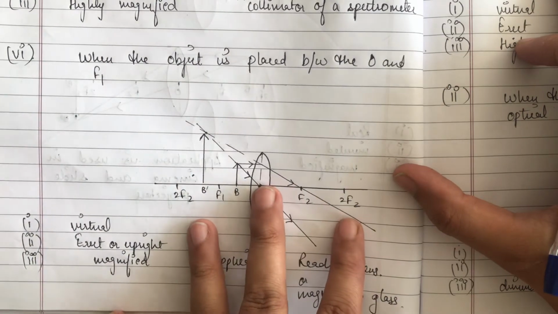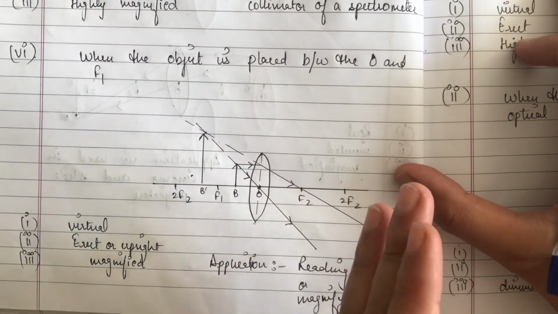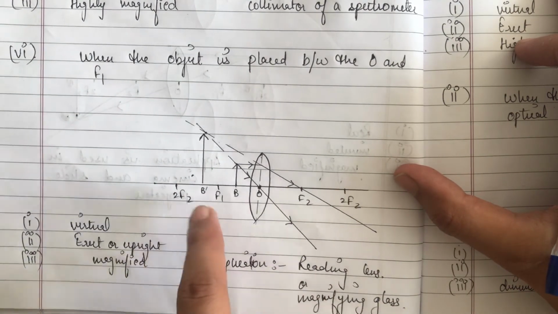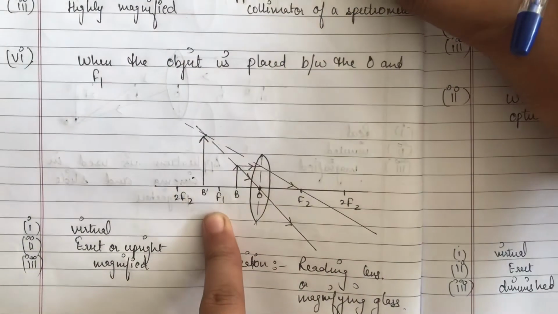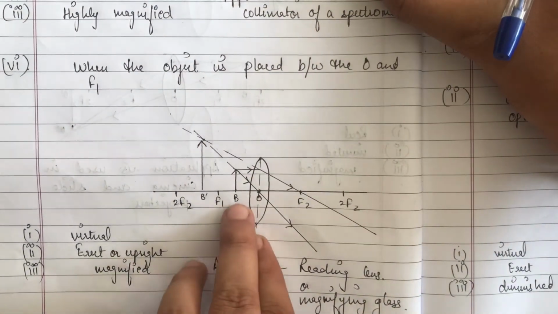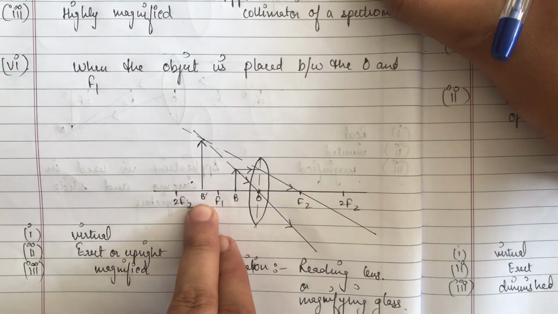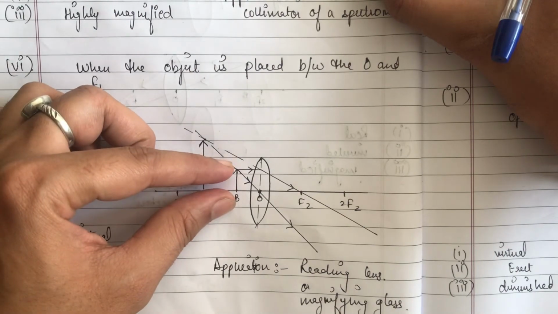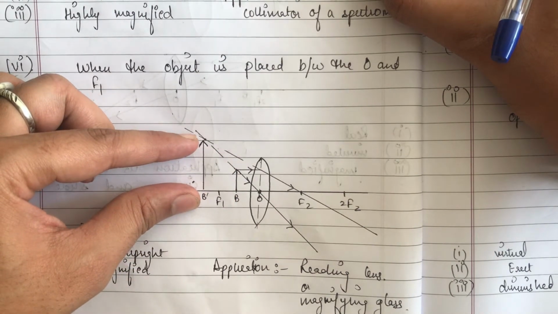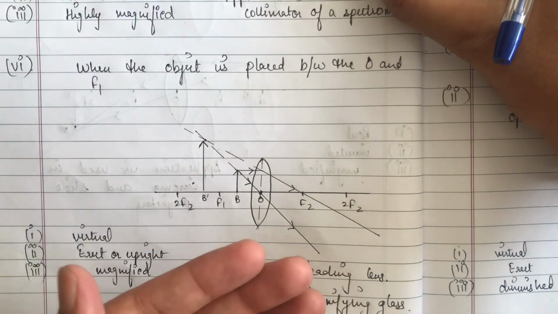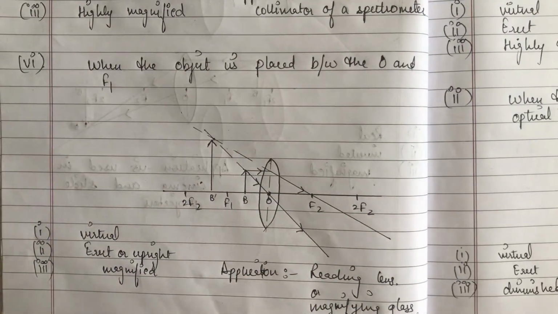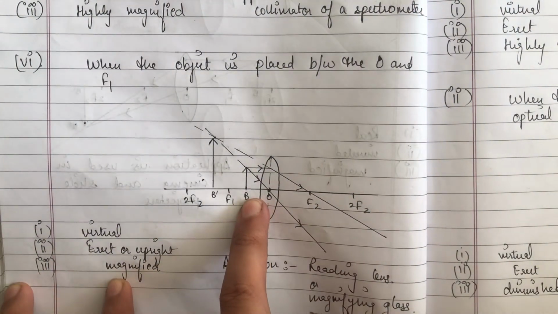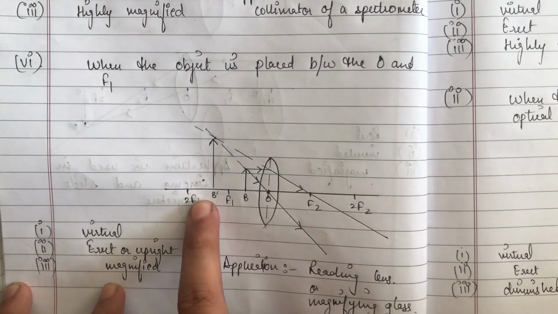All the cases till now we have done, the image is formed in front of the mirror, that is the image is real. Only in this case the image formed is virtual, so it makes this case very important. And you can see that if it is virtual, it has to be erect or upright, means it is same. You can see the object is erect and the image formed is also erect, it's not inverted. Only in the real case it gets inverted. If the image is real, it has to be inverted. If the image is virtual, then it has to be erect or upright, same thing.